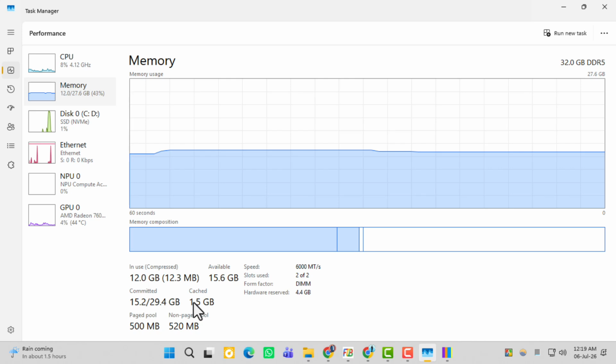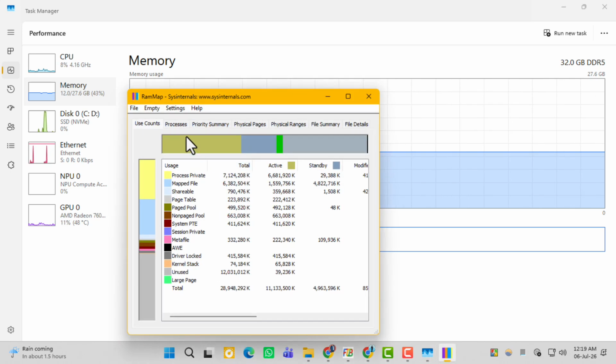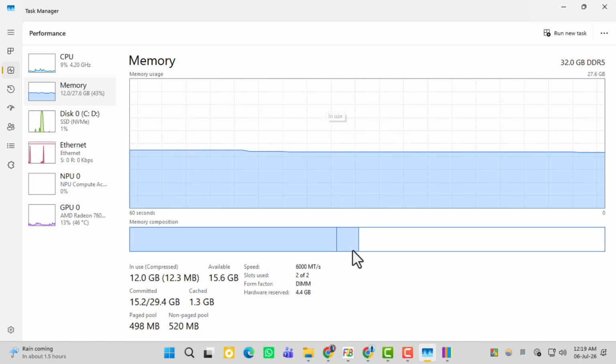Just keep in mind, Windows caches memory on purpose to make your apps reopen faster. So this isn't something you need to do every day. It's more of a quick fix for when things feel sluggish or right before demanding tasks like gaming or